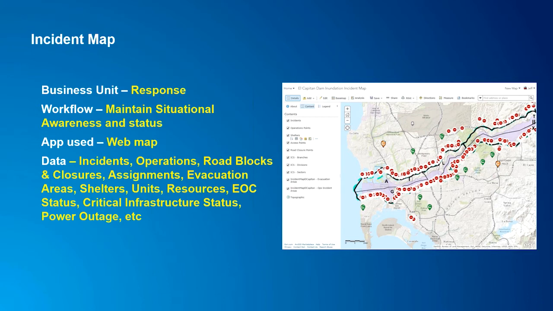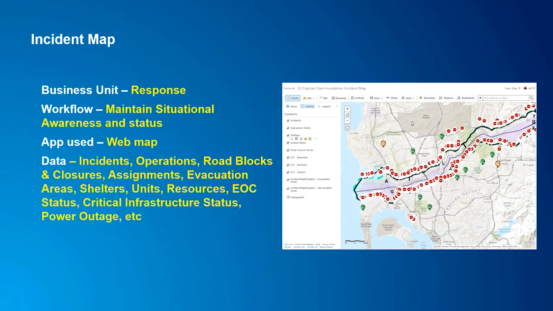How am I going to start to organize all of my information related to the response, whether that's incidents, operations, where am I putting the incident command post, that type of thing. What type of resources are available to the folks that may be affected, like shelters and that type of thing. We can put all that together in an incident web map as you see here, and then start to use that in some of the other applications to help us continue to meet some of the mission demands that we'd have.